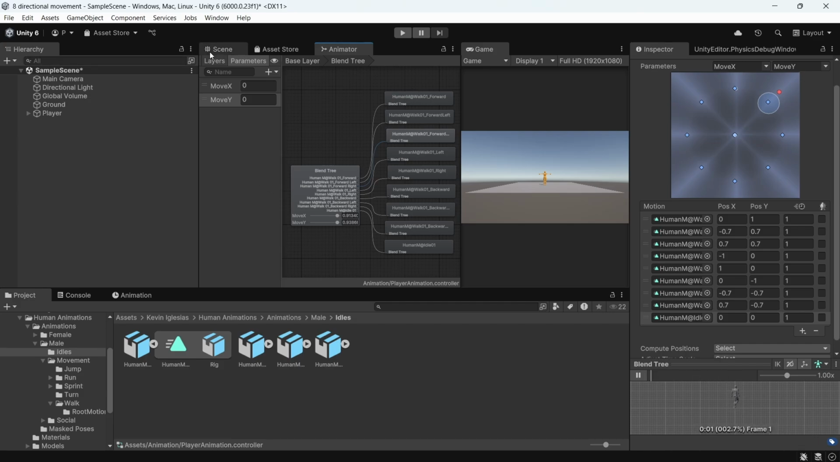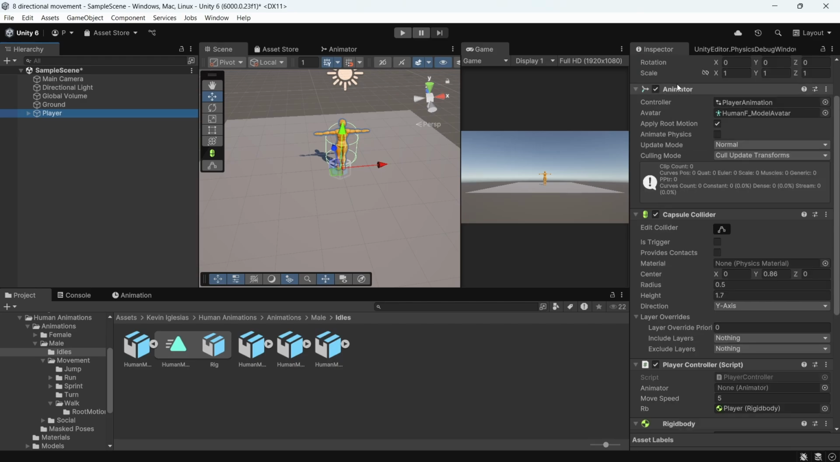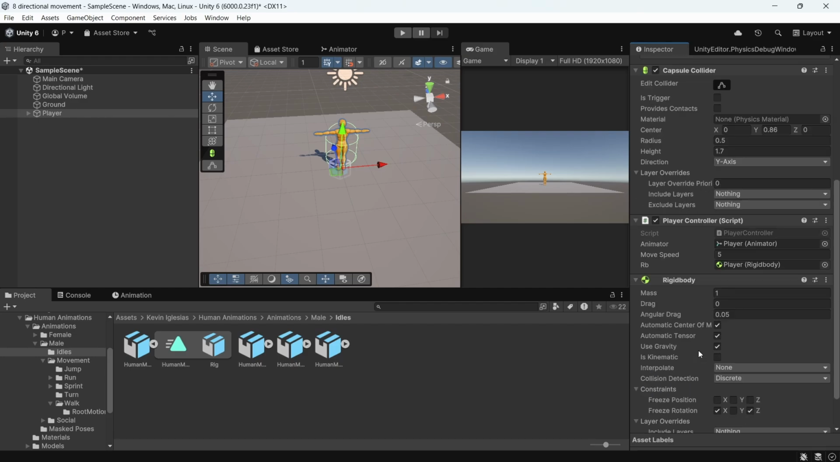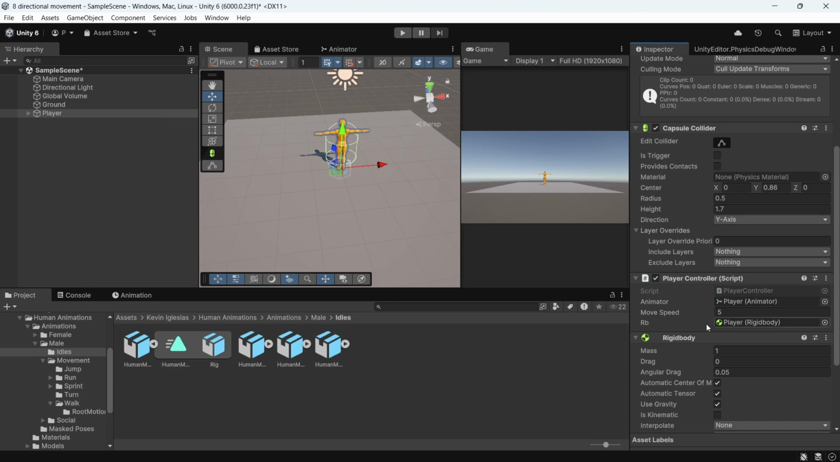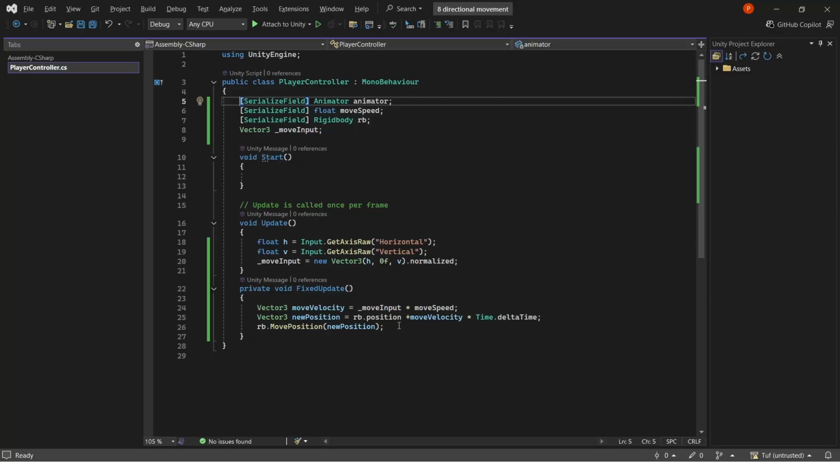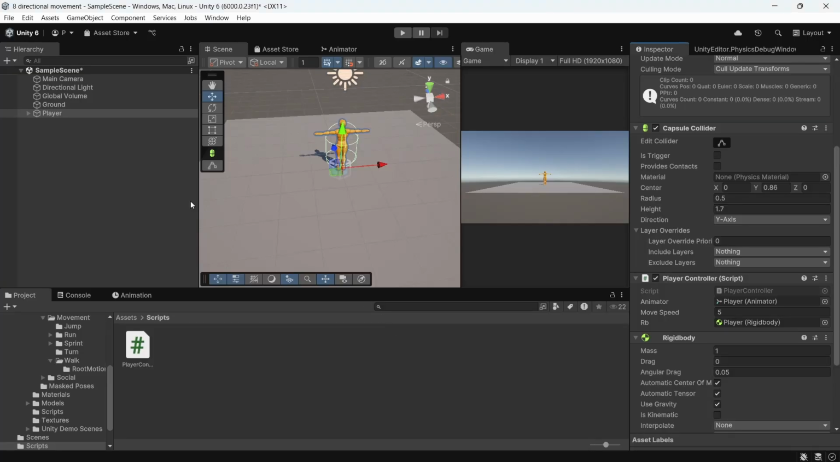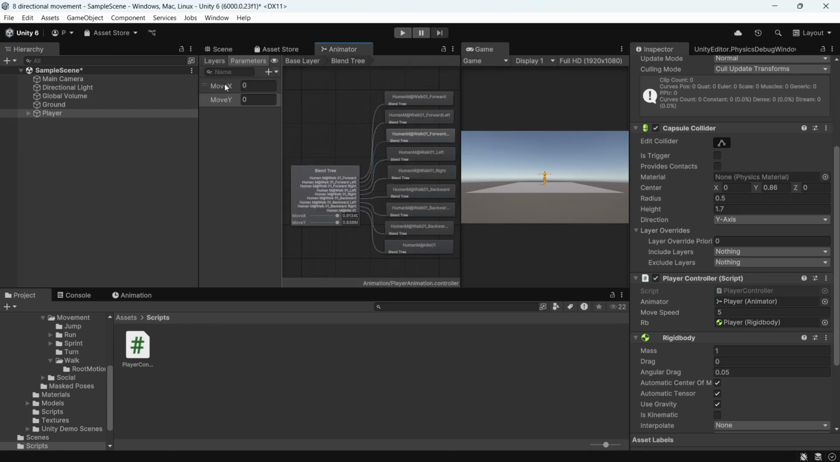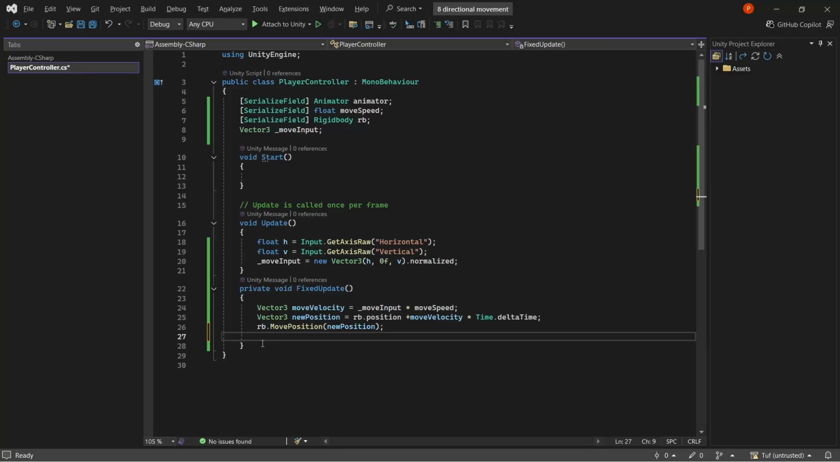So let's move further. In our inspector, drag and drop our animator to our player controller script as a reference, like this, right? And now let's go to the player controller script. Okay, so here we have to update our animator floats, whatever we have set up. Like if I show you, move X and move Y, both are floats which will control our animation. So let's set them. So here we will write animator dot SetFloat,